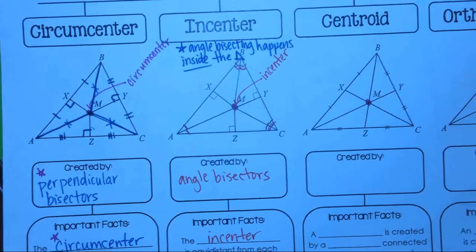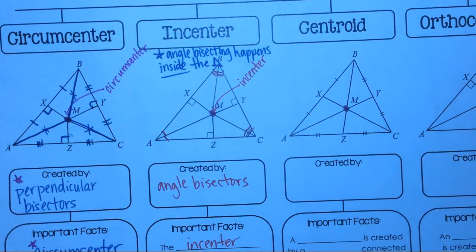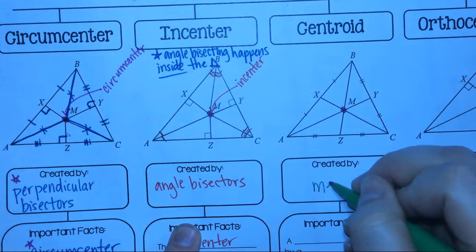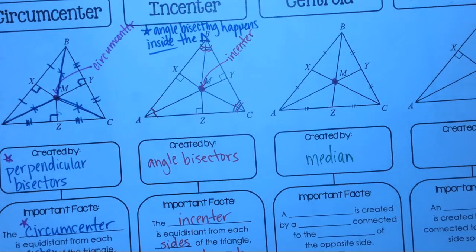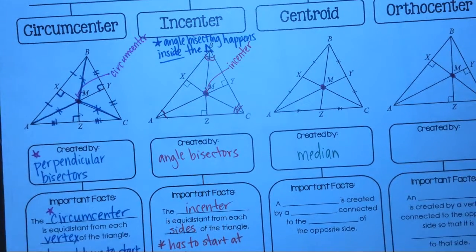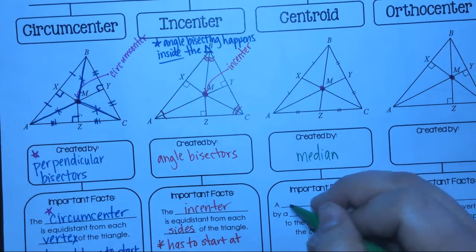Okay, the third one is centroid, woo. And it's created by something that we've not actually talked about before. It's created by a median. And we've never talked about that word. I slipped it on a few things, like a note taker maker, but it's a problem we never did, so most people haven't done those problems. So, a centroid